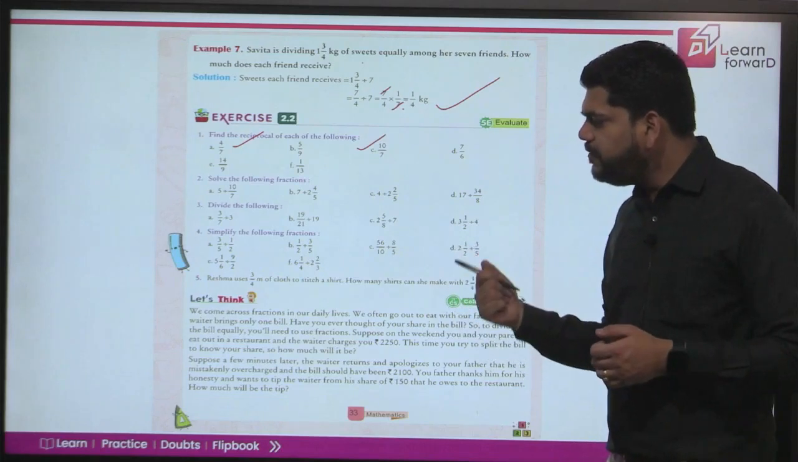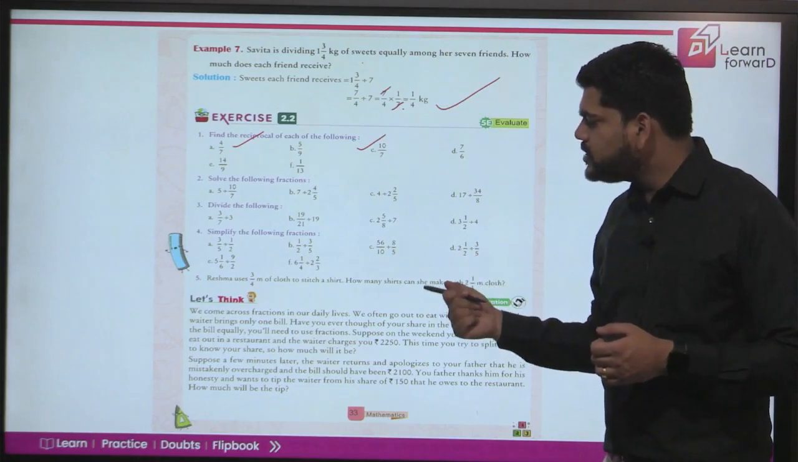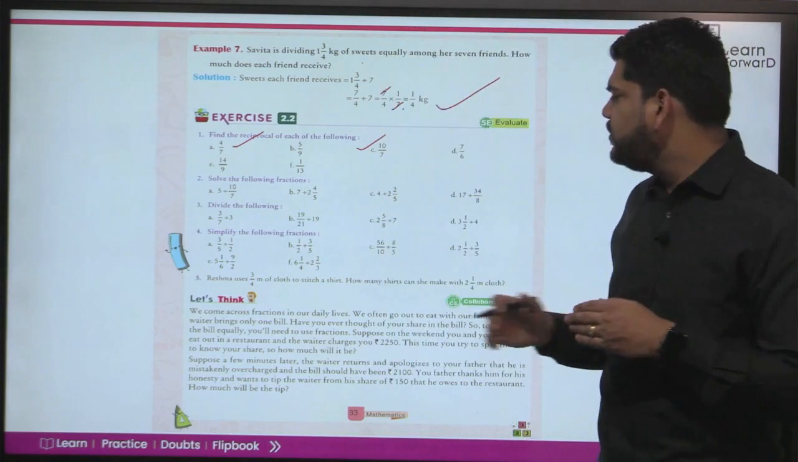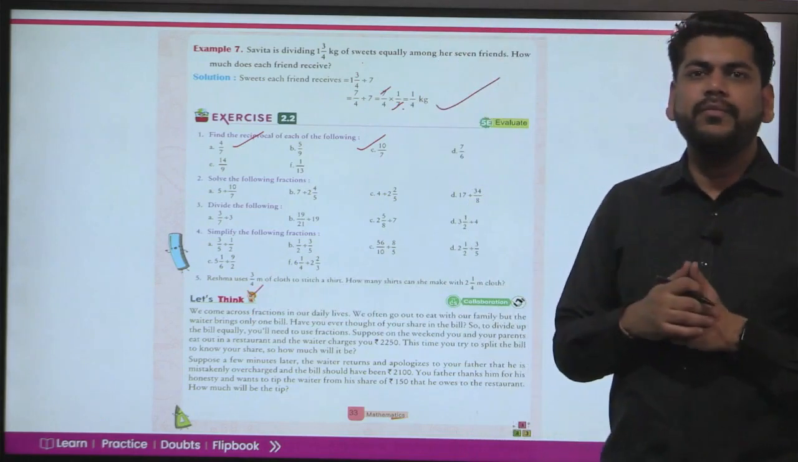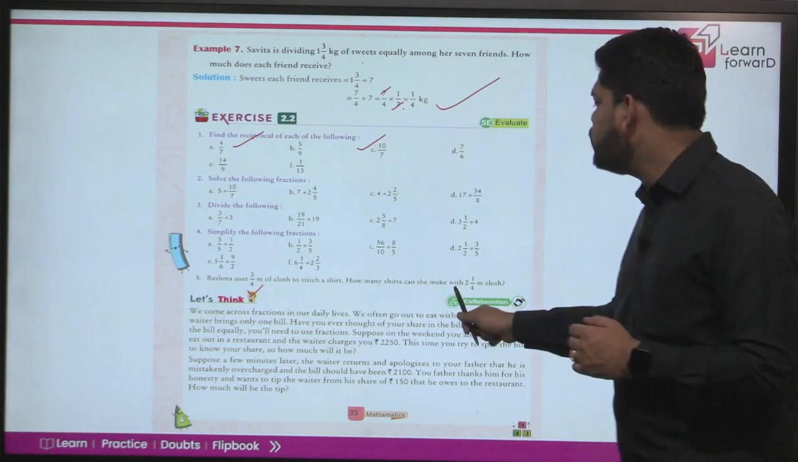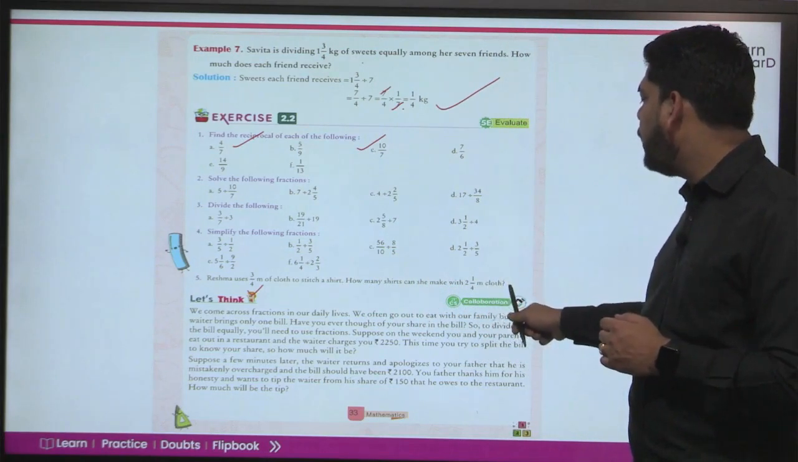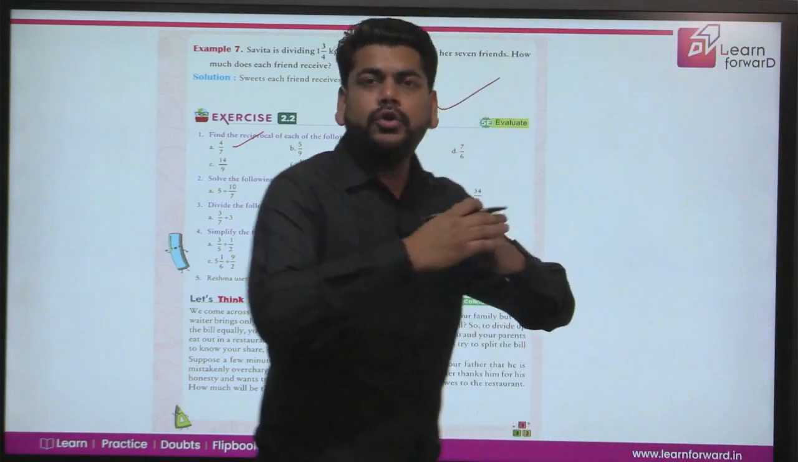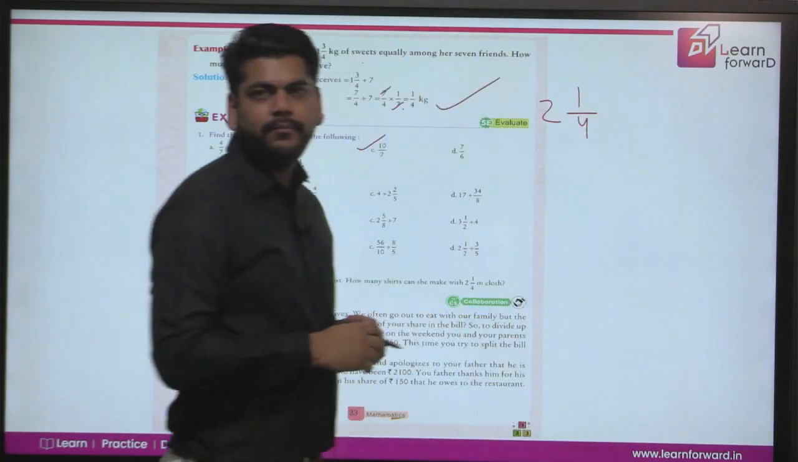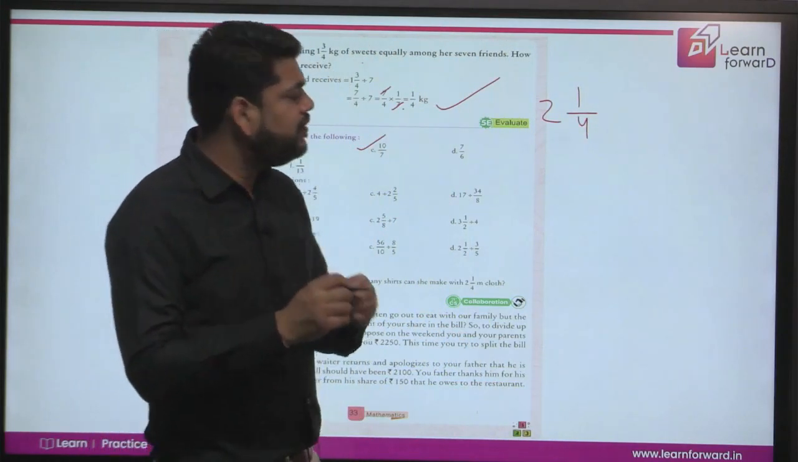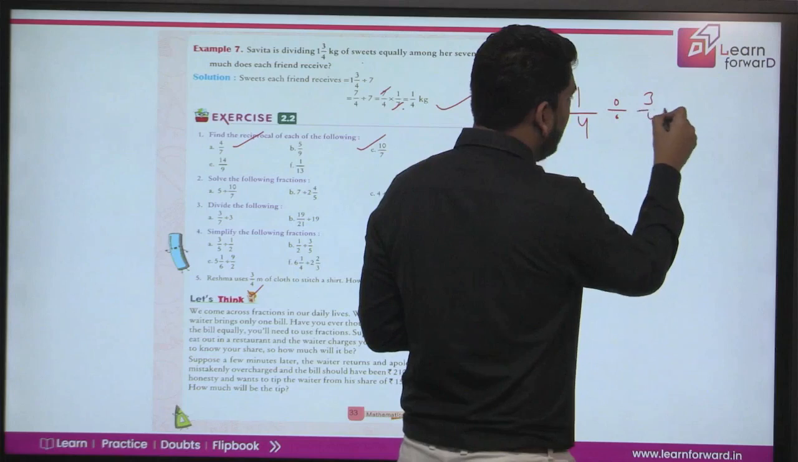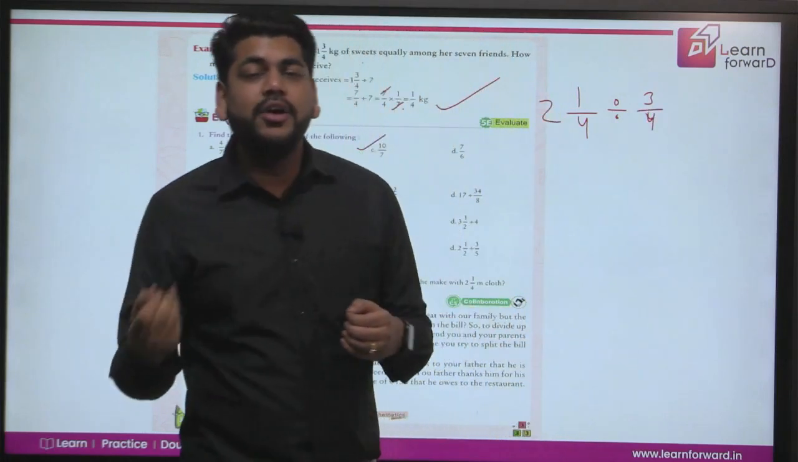Reshma uses 3/4 meter of cloth to stitch a shirt. Okay, she needs 3/4 of a meter. That means since 3/4 is a proper fraction, she needs less than 1 meter, right? How many shirts can she make with 2 1 by 4 meter cloth? If I say the total length of the cloth she is having now is 2 1 by 4 meter, and each shirt will be requiring 3/4 of a meter, we need to find out how many shirts she will